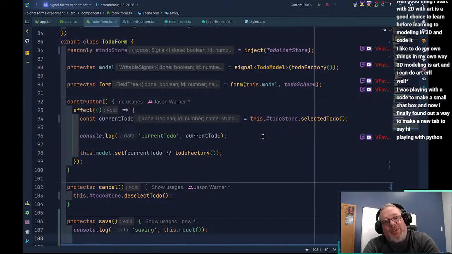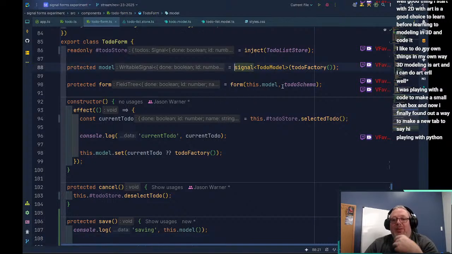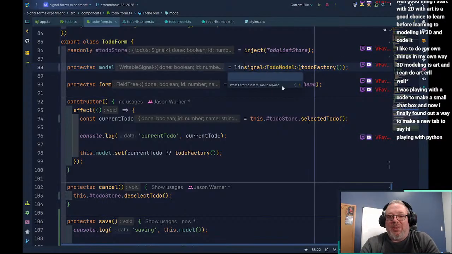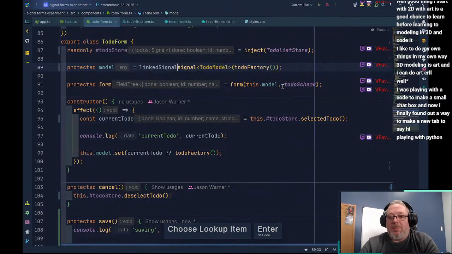That's an interesting one to think about. Actually, we could. It doesn't have to be a signal here. This could be a linked signal to the to-do store selected to-do. Yeah, we don't need this effect. This can be a linked signal.